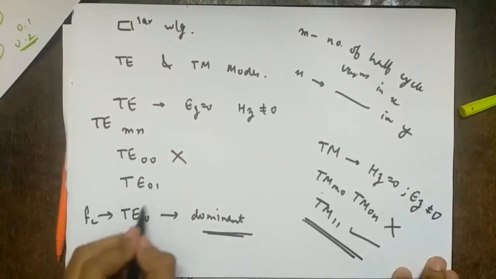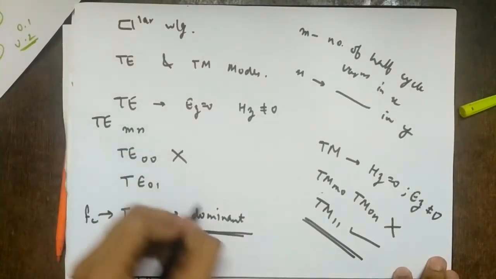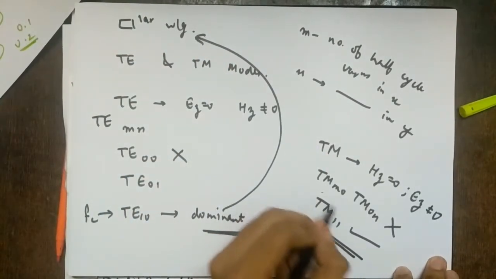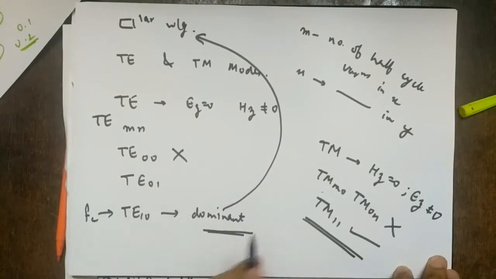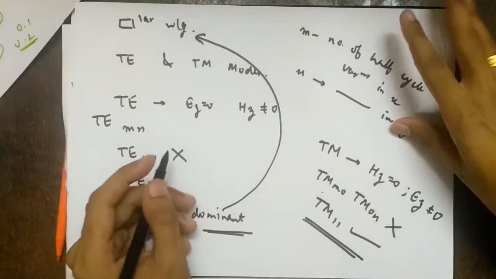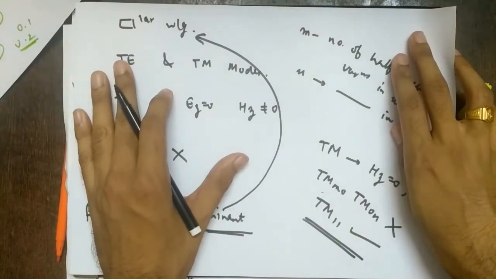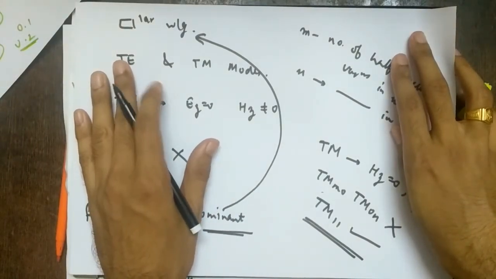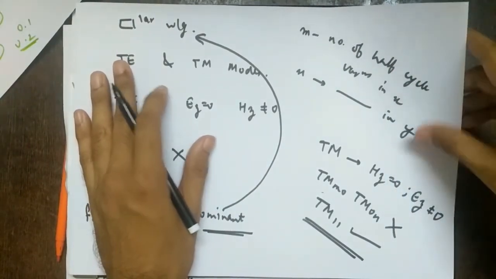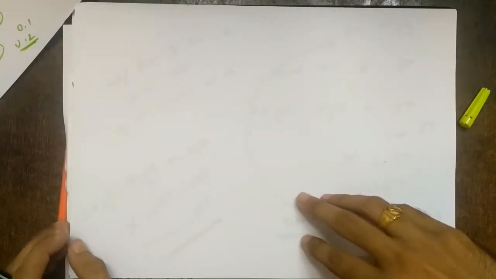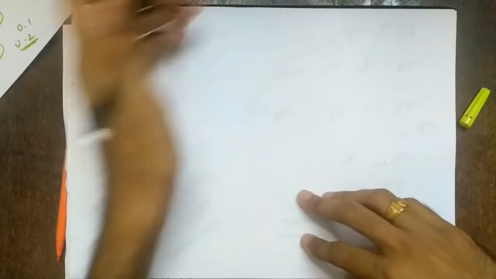But remember, the dominant mode is not considering only TM, it is considering the entire rectangular waveguide, right? So the cutoff frequency for TM11 is higher than TE10, right? So remember that. Okay? So this is what we discussed regarding TE and TM modes, right? So next, let's see how to visualize these modes. Actually, I will not say visualize, but how, if you are given an electric and magnetic field, to check which mode it is. So that we'll see today.